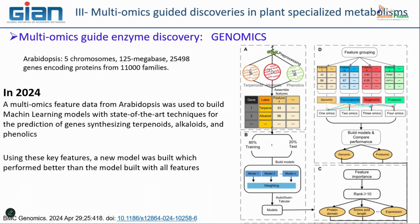And when I am in contact with other international teams that have exactly the same type of work, not on the same pathway, but on other pathways, this type of paper is very important for developing new strategies at a lab level, in order to develop knowledge of a metabolic pathway. So for you, it's not necessary to understand all the details, be sure of that, just to know that